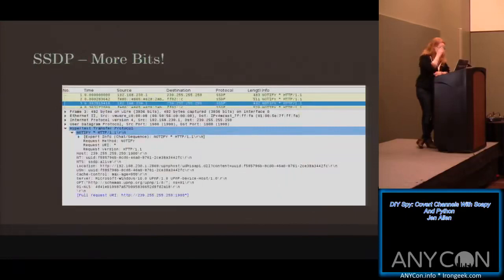Okay, so SSDP is going to give us, first of all, a little bit more space in the environment. This is really helpful because let's say I want to build a channel where I'm going to exfiltrate some data and I'm really excited and I'm like, oh, cool, there's this reserved flag. Awesome. So I get 1 bit for every packet I send out, right? So you need to identify a protocol that's not only going to provide you with the covert level that you need, that's going to match the environment, but also the transmission rate is a big deal. Unless you've got infinite time and you don't really care about exfiltrating, in which case I have no idea why you're even worried about this.